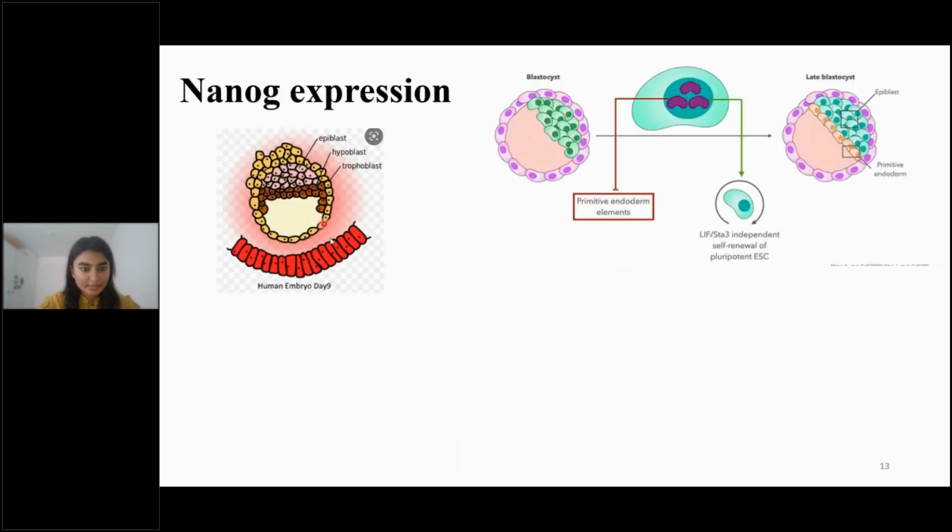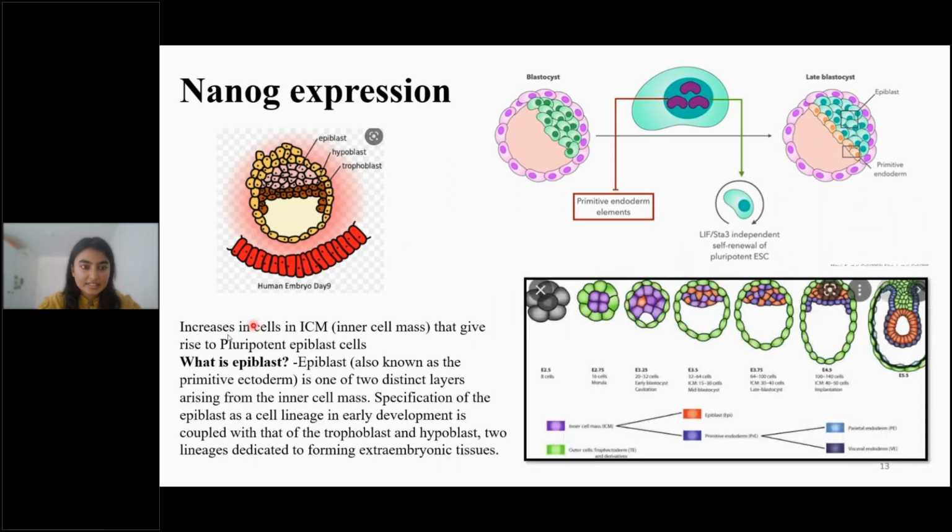Now, NANOG expression increases in the cells in the inner cell mass. This gives rise to the pluripotent epiblast-like cell. What is this? We first have the morula. Then we have the inner cell mass, you can see the purple color is the inner cell mass. The green is the outer layer, the trophectoderm. Once it reaches a certain stage, some of the inner cell mass will start to differentiate into epiblast, also called epi, the red color ones. So some of the cells have started differentiating into epiblast-like cells. These are the cells which will start to form the germ layers.